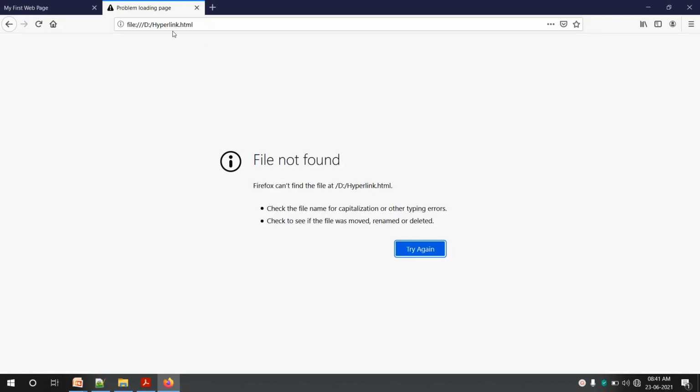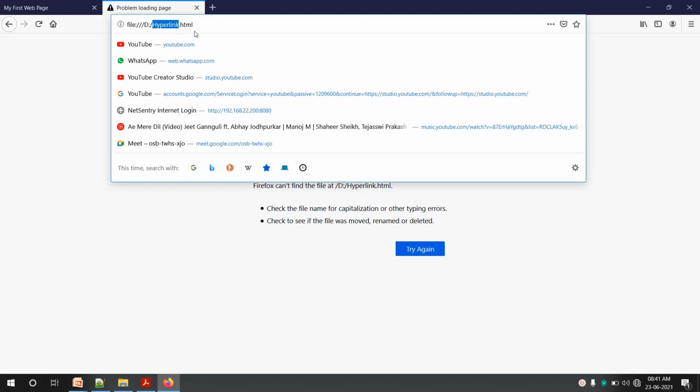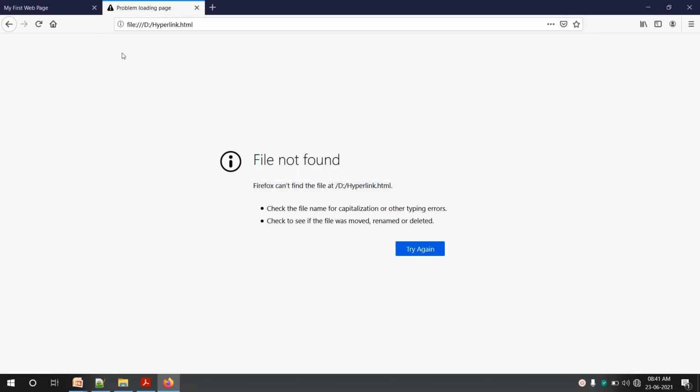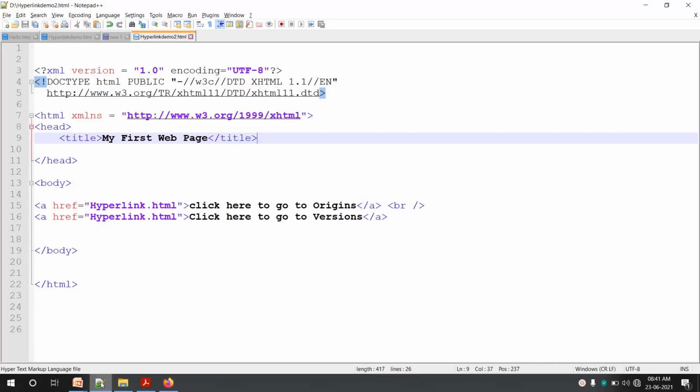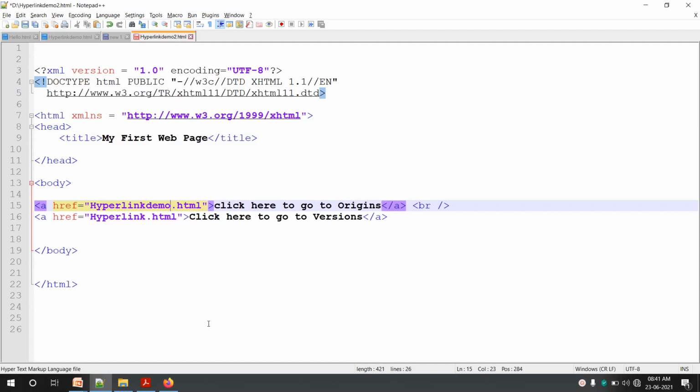I'll just go back to this, and you can see if I click on this first, okay, there is some problem with my document name. So it is showing file not found. So let us verify. Okay, the file name is not hyperlink, it is hyperlink demo.